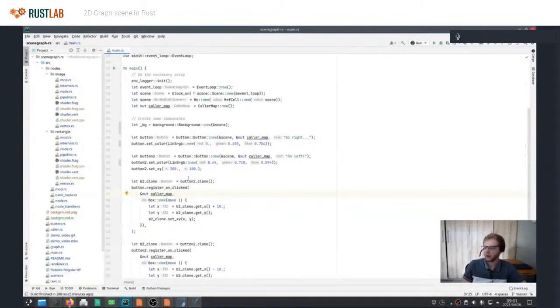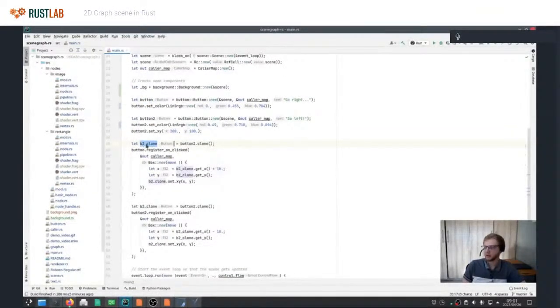So what I've instead come up with is that these things are actually just handles. They don't actually contain the button state. Internally they point to the data of the button, which means that whenever you clone this handle, the clone still points to the same button internally.